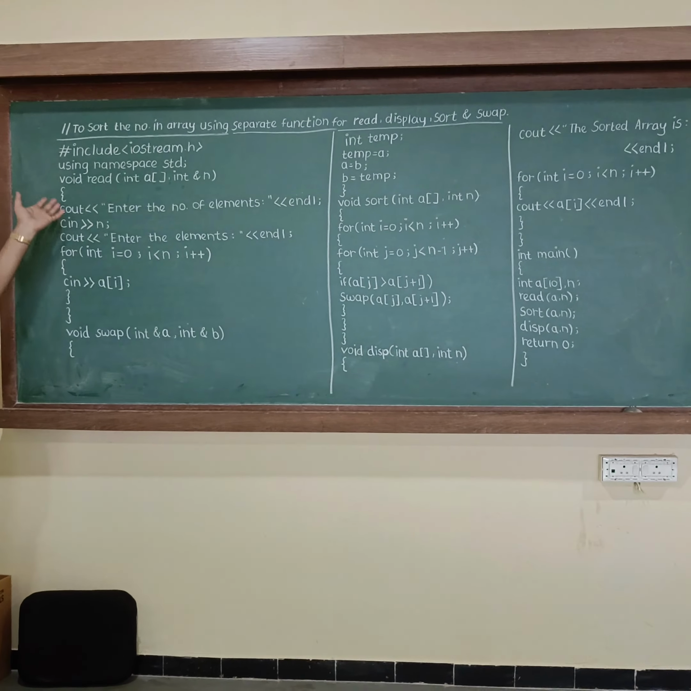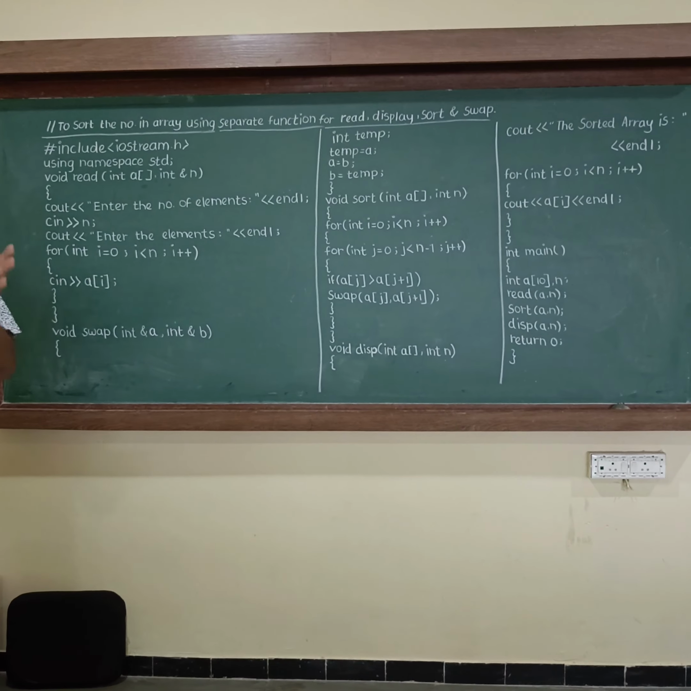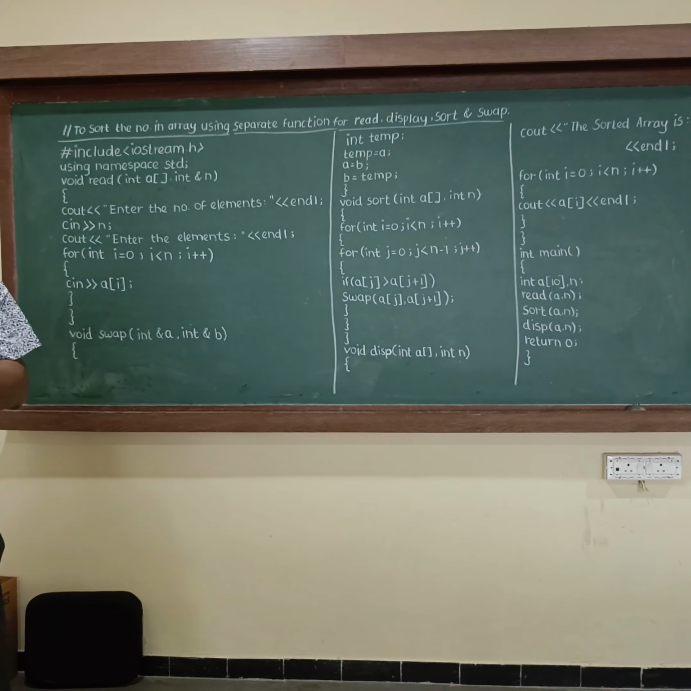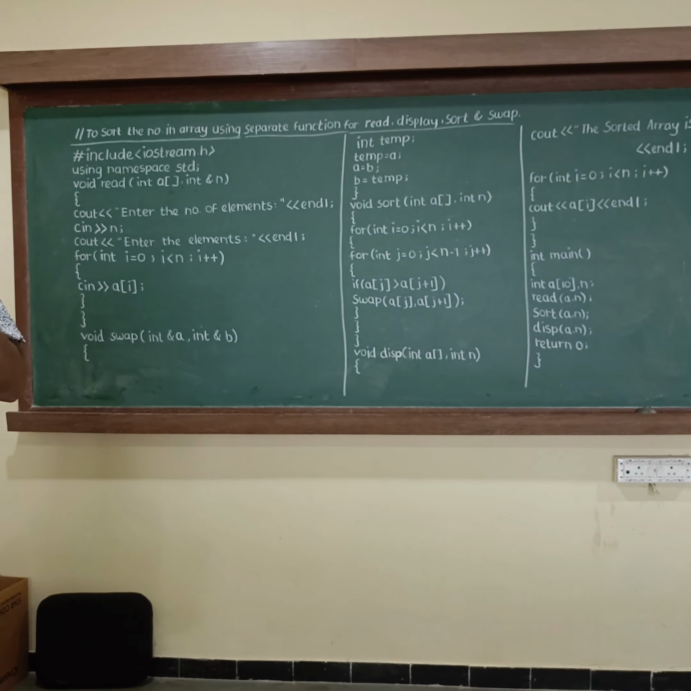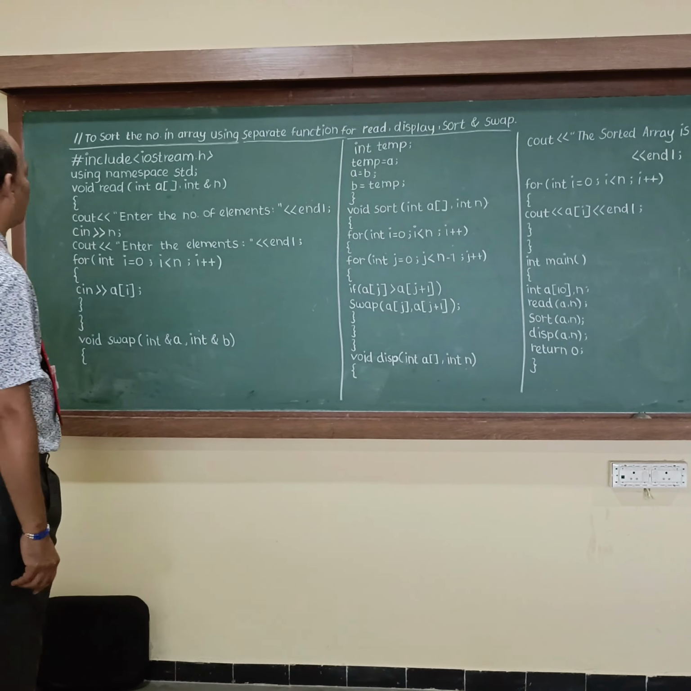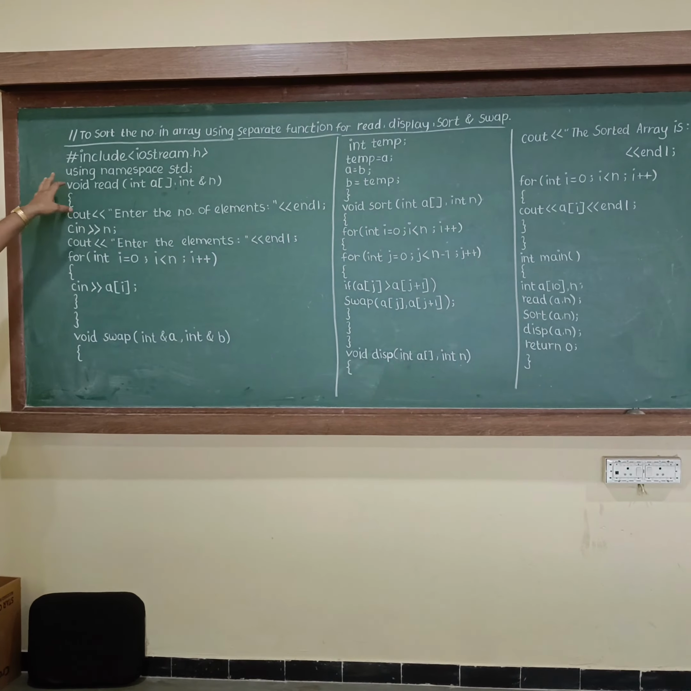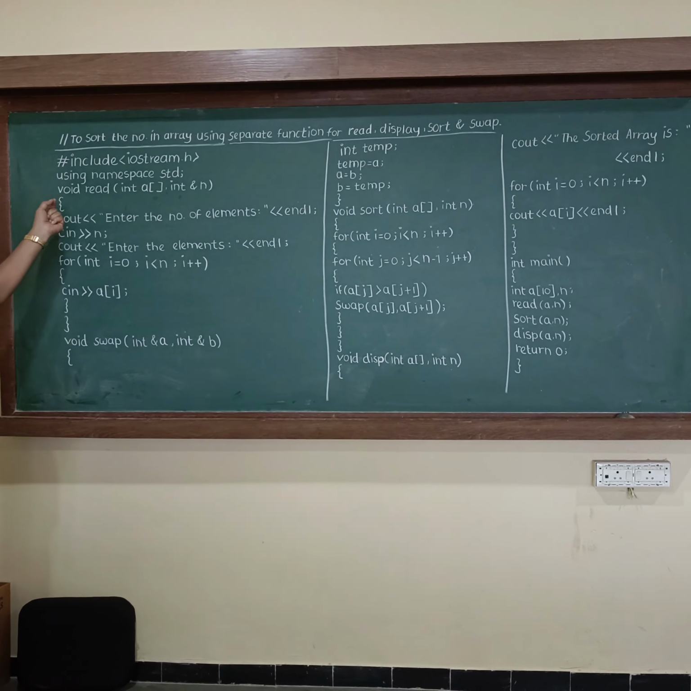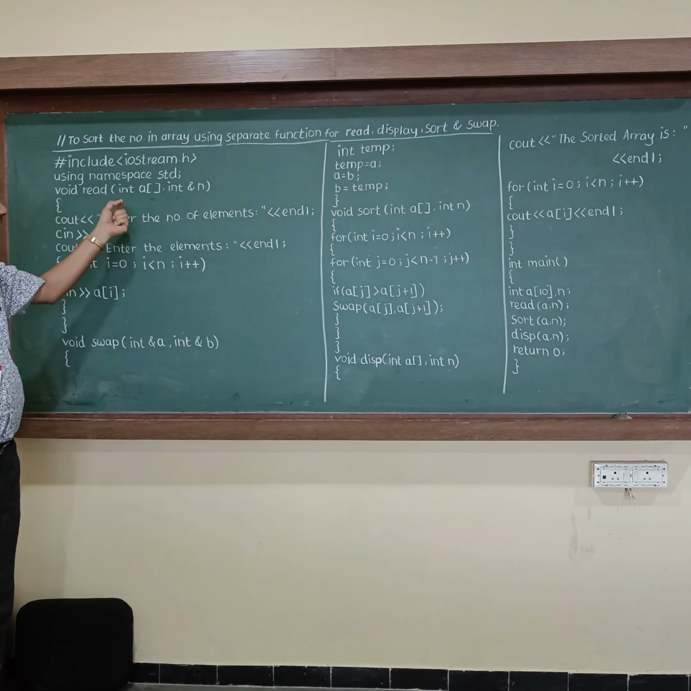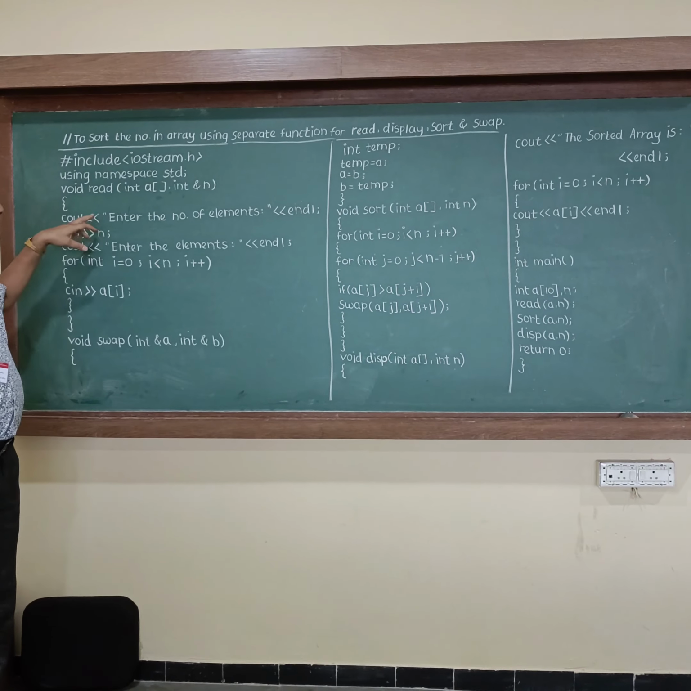For the first line you have to write #include <iostream.h>. This is the header file which is required to run any C++ program. This is the first line used in a C++ program. Then using namespace std;